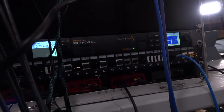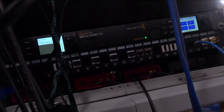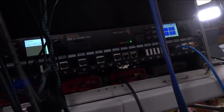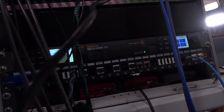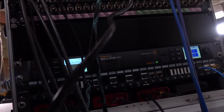Sorry, it's hard to see what's going on, guys. I'm surprised you can see this at all. There's no light back there. Trying my best. And then a 2-blank panel, and then an HDMI to SDI Teranex Mini converter, and then a Teranex Mini SDI to HDMI converter, and then the Blackmagic Multiview 4, which is how we do the quad view onto the cameras. And then an input panel with HDMI, optical, and...